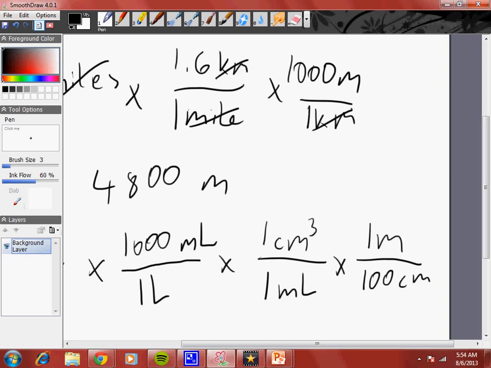Now here's the hard part that not all people usually get. The next thing, I'm trying to get meters cubed. I know that 100